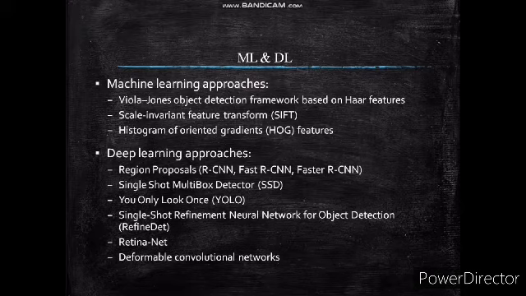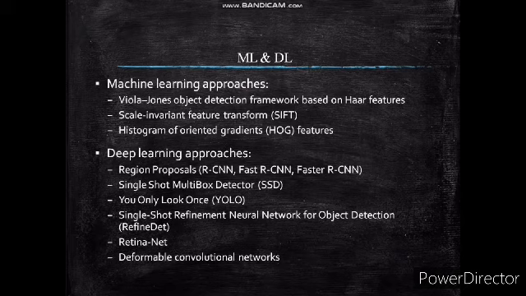Some of the machine learning approaches are the Viola-Jones object detection framework based on Haar features, scale-invariant feature transform, also called SIFT, and histogram of oriented gradients, HOG features. Some of the deep learning approaches are region proposals, single shot multibox detection, You Only Look Once, single-shot refinement neural network for object detection, RetinaNet,